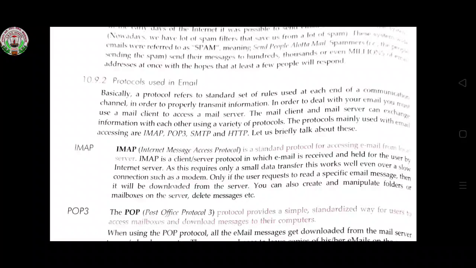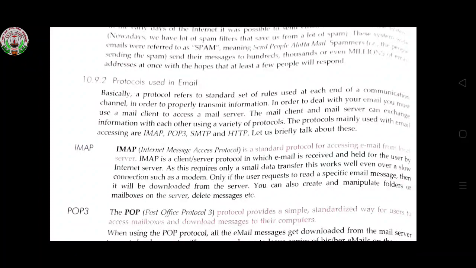IMAP is Internet Message Access Protocol. This is the full form of IMAP. It is a standard protocol for accessing email from a server. IMAP is a client-server protocol in which email is received and held for the user by the internet server. As this requires only a small data transfer, it works well even over a slow connection such as a modem.